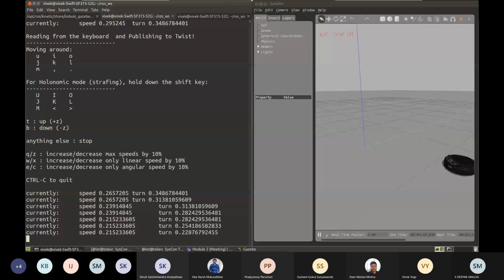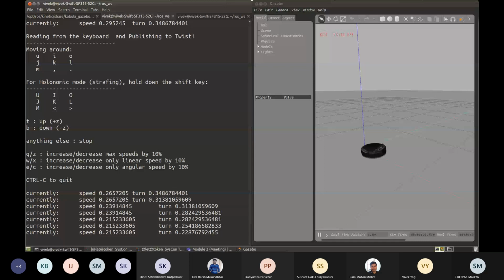This is not really a serious way of doing this, but it's good if you want to do some testing. Let us say you are trying to check whether your sensor is giving correct data, or whether your algorithm is working fine or not. So you might need to control a robot manually, and this is a very convenient way of doing that.